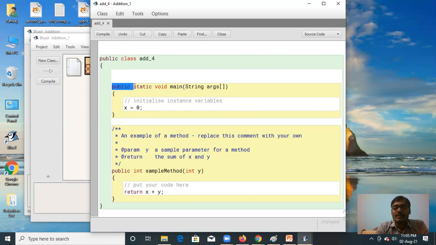Now, you know, children, public static void main, these are the keywords of Java which have their special meaning. Each and every word of a Java program has some special meaning. Okay, I will explain all the keywords. Okay, so class can be public, function can be public, private. Okay, when it is private, it cannot be accessed outside this class. So it should be public so that it can be accessed outside this class. Okay, static.